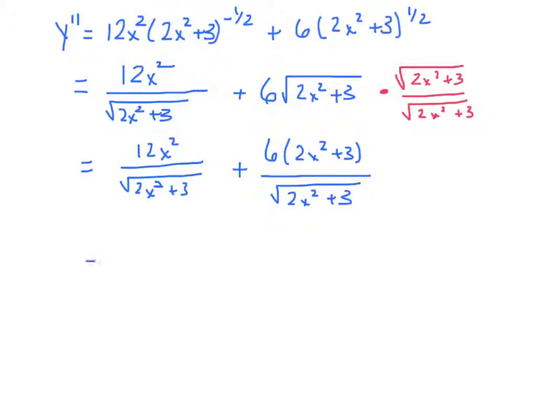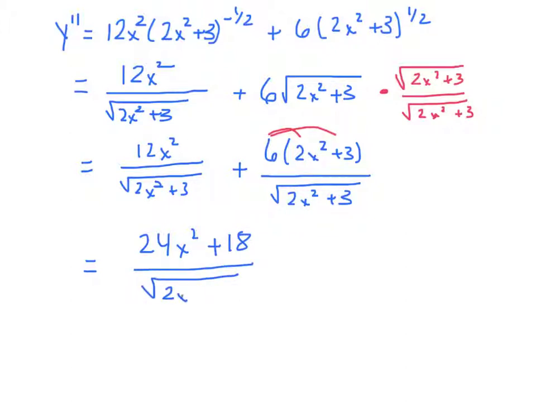And we can add these two terms together. I'll distribute the 6 here, and I'll get 12x squared plus 12x squared, which is 24x squared, plus 18, and 12x squared plus 18 over the square root of 2x squared plus 3. And so that's the